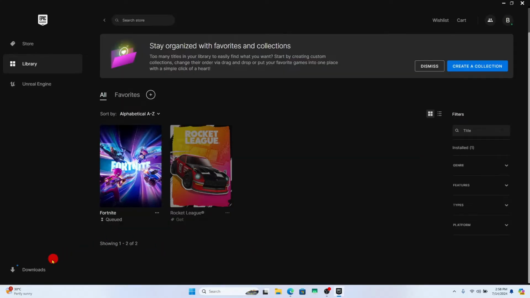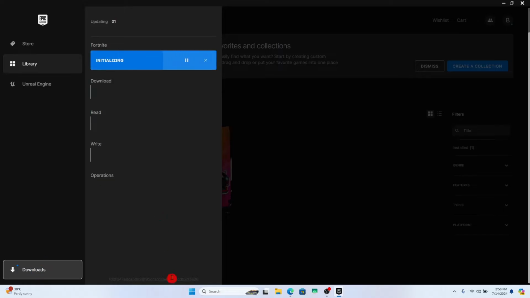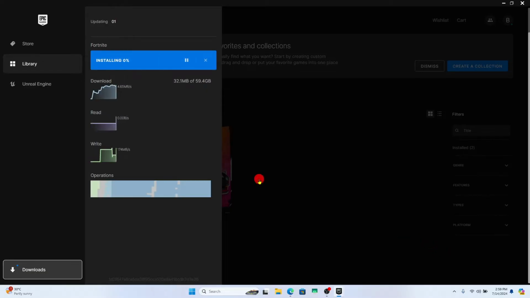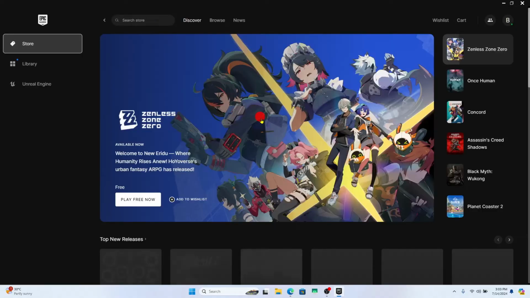Now if you notice that the download speed is very slow, then there are a few ways to get around this issue. The first thing to check is to make sure that the internet network that you are connected with has a high enough speed so that you can download the game without any issues. If you are connected to a stable network but the download is still very slow, another trick that you can try